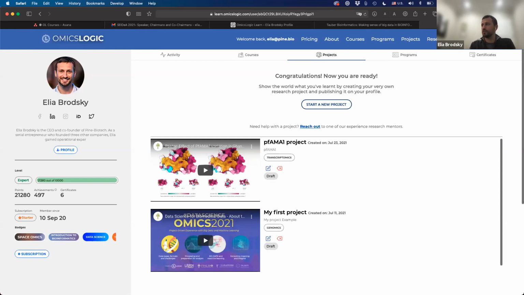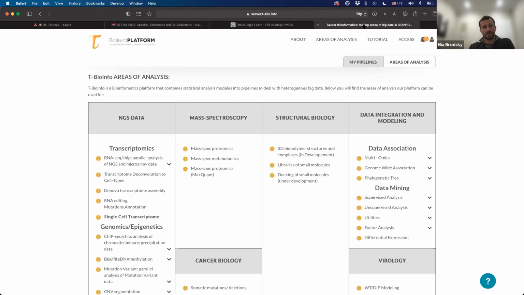And so for that, we specifically designed a big data analysis platform that will cover many of the typical processing steps that reduce the amount of data from gigabytes and terabytes to just megabytes, which is possible to analyze either on your system or in the cloud. And we will introduce you to cloud technologies using this platform called the T-BioInfo platform, developed at the Tauber Bioinformatics Research Center at University of Haifa, as well as some of the cloud technologies offered by other companies like Google Colab, GitHub, and other resources that are going to be useful for you to leverage as you develop your career